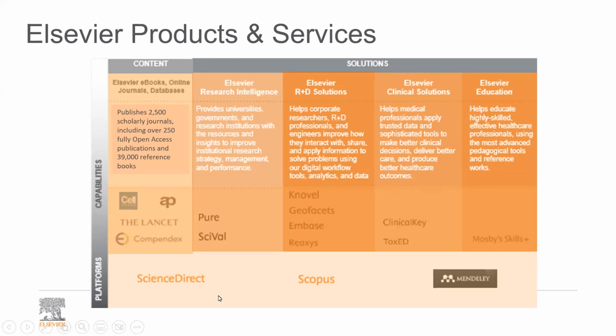ScienceDirect is one of the search engines, or platforms, or smart tools provided by Elsevier, that doesn't contain only a special field, but has all the fields of science. It includes all the fields and all the resources coming under the umbrella of engineering, life sciences, humanities, and social sciences. So it covers all the fields that we have in the scientific community. And we can get the full text of all the resources published by Elsevier. So all the data in the database of ScienceDirect is published by Elsevier.